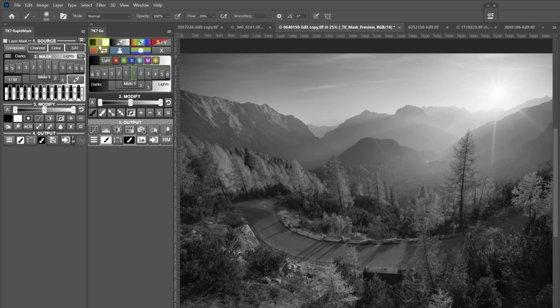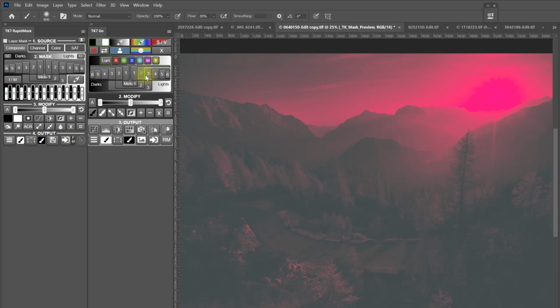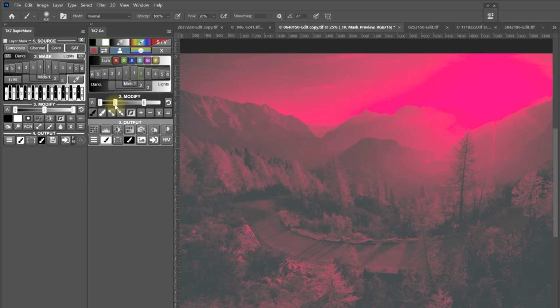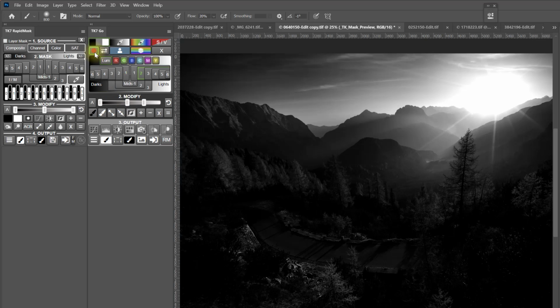Anytime you have one of the sources selected, you can click this button to get a red visualization of what that mask will target, and it updates as you change masks or if you modify the mask. And then clicking that button again turns off the visualization. With this button, you can toggle between the mask preview and the image. And if you decide you want to completely abort the mask creation process, then you can click the X and